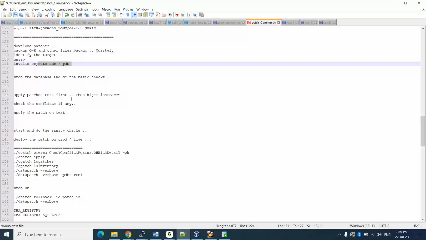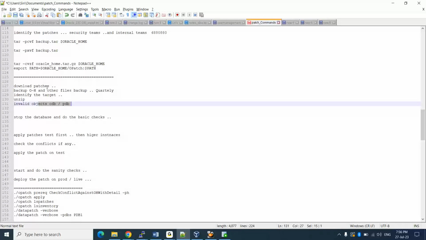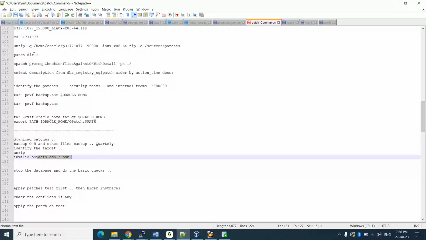You can also try to compile those invalids manually. If you are unable to fix those invalid objects, raise a support SR, service request, with the Oracle team and tell them, before applying this patch I had 5 invalid objects in my database, after applying this patch I have 100 or 50 invalids generated, could you please support us,